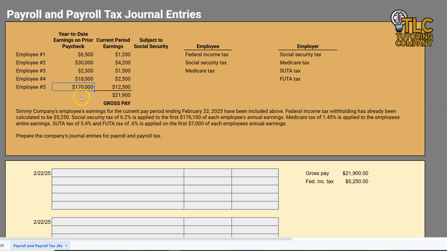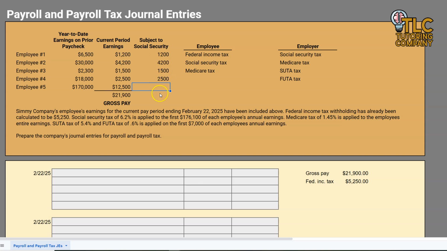And so what we're going to be noticing here is they are getting dangerously close to that ceiling. We can even see here that if we go ahead and let's add that up off to the side, just kind of this plus this, we're going to see that those amounts are going to actually exceed the ceiling there, right? So they've already been taxed on $170,000 for their Social Security tax in prior periods. So really, they can only get taxed up to $176,100. So for each of these employees, all of their earnings are going to be subject to Social Security tax,